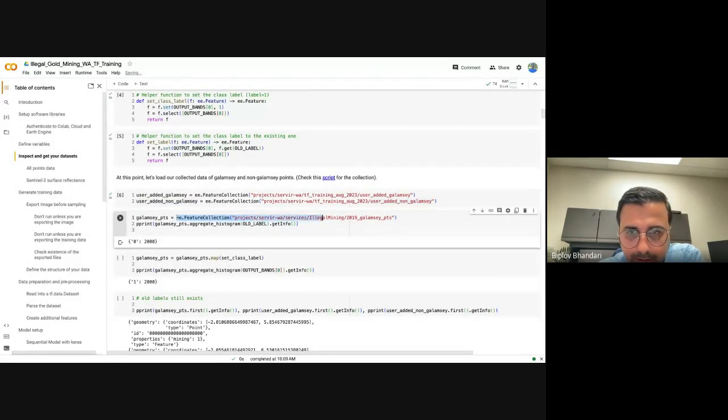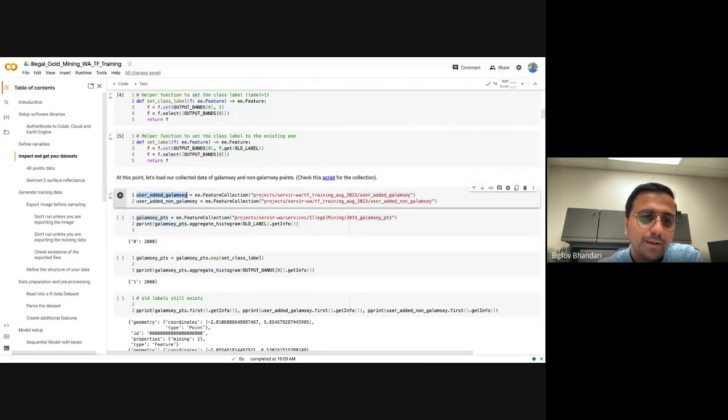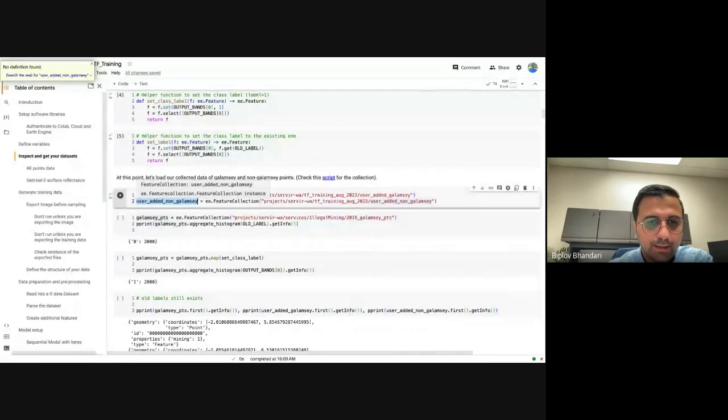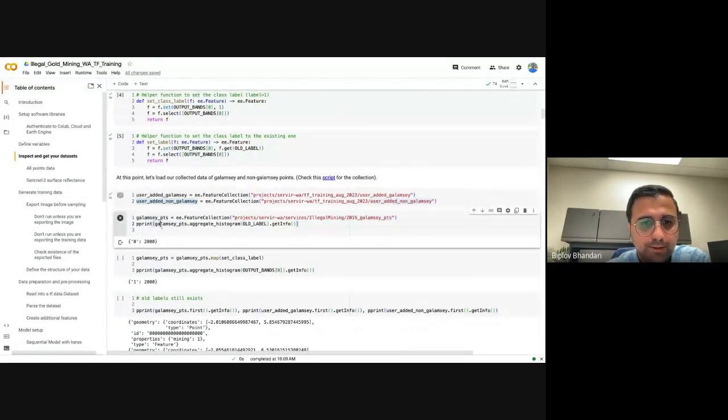This is another training point set that we already have within the services. So we're also using those points. Besides Galamsey underscore PTS, the user added Galamsey and user added non-Galamsey were the extra points that we added using Google Earth Engine. So when you run this,